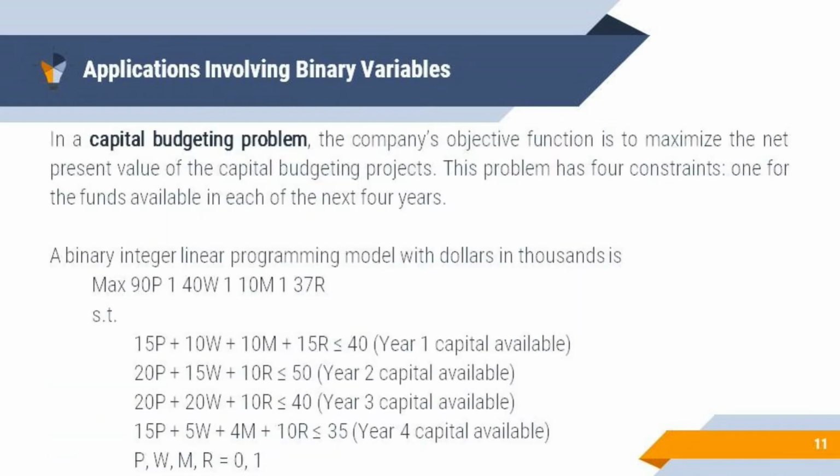In a capital budgeting problem, the company's objective function is to maximize the net present value of the capital budgeting projects. This problem has 4 constraints, one for the funds available in each of the next 4 years. A binary integer linear programming model with dollars in thousands is: